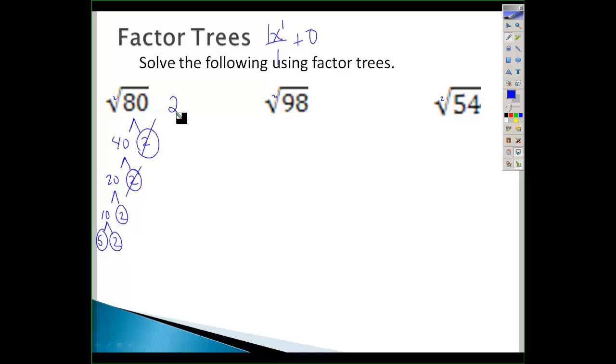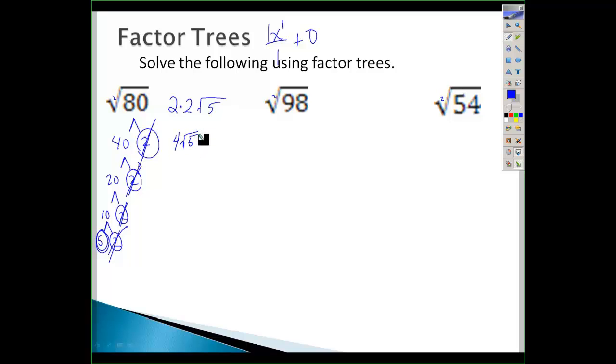Okay, and so I'm looking for any pairs. I see a pair there, a pair of 2s. So I can cross 2 out and pull 1, 2 out. Okay, I got the first 2 from those 2 that I crossed out, and the second 2 from those 2 that I crossed out. Now this 5 here doesn't have its pair. So what happens to him is he has to stay under the square root. Okay, he doesn't have a way to get out. So he stays underneath. And I know 2 times 2 is 4,